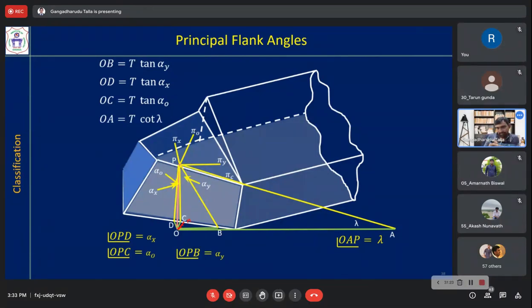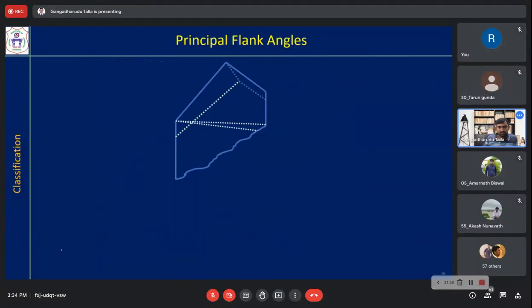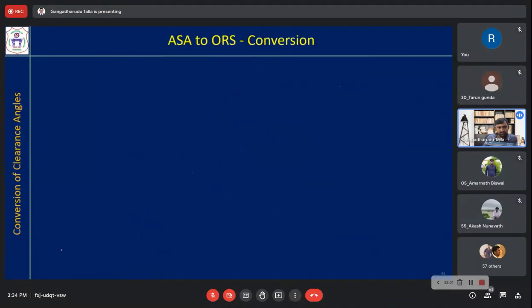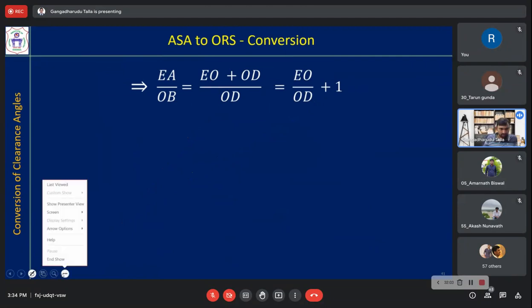Understand? I hope you have got this point. OM is the smallest. OC is definitely greater than OM. OD is also greater than OM. So you will have the smallest clearance angle there. Is it clear? Why, when you draw this OM, you are getting the minimum clearance angle, you have to understand on this 3D representation. Okay, let us go to the derivation part.